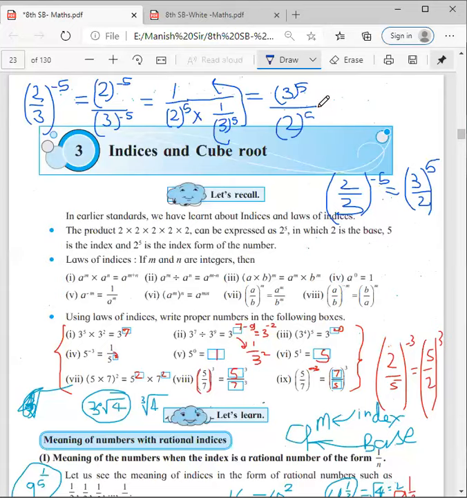Till now, everything is clear. And thus, the whole thing I can write as 3 by 2, the whole raised to the power positive 5. See, we have started from negative, and we have reached the positive power. But when you see the inner portion, inside term, that is 2 upon 3, I have written 3 upon 2 now. I hope this one is clear.